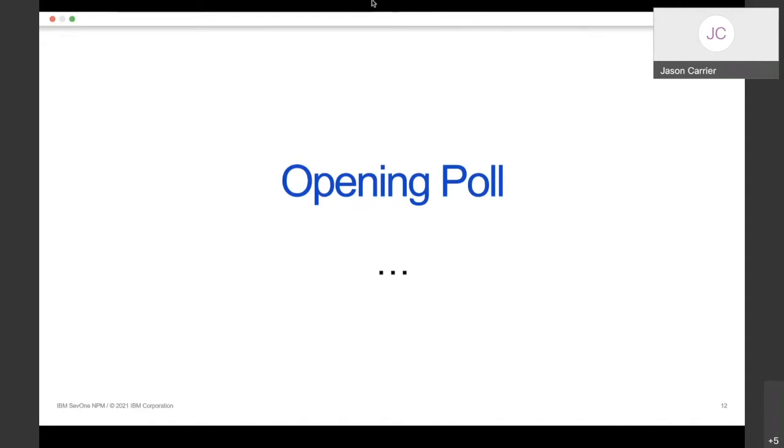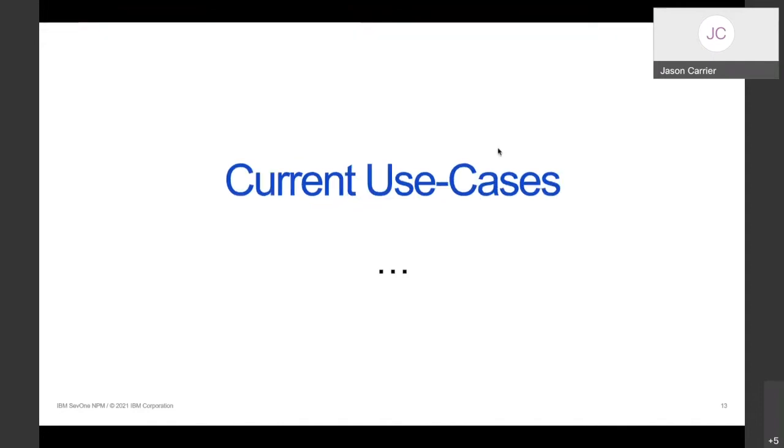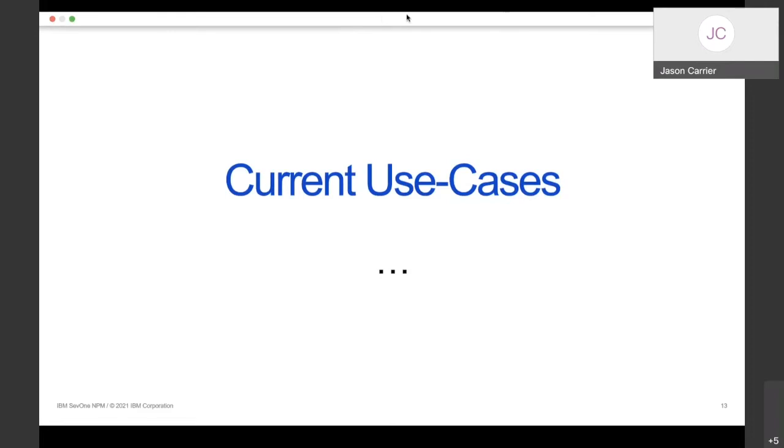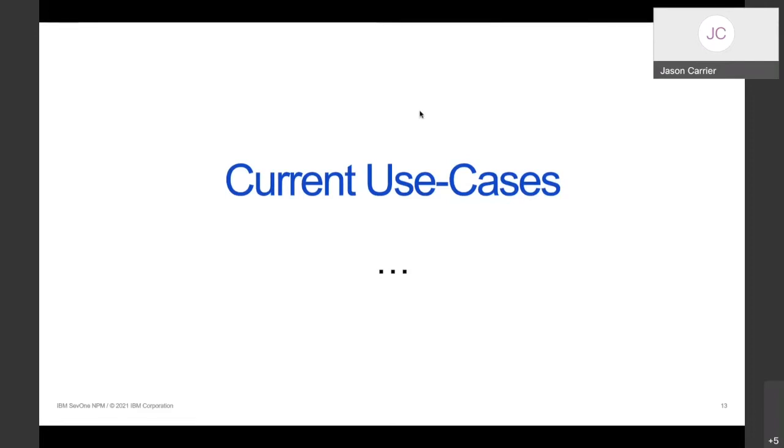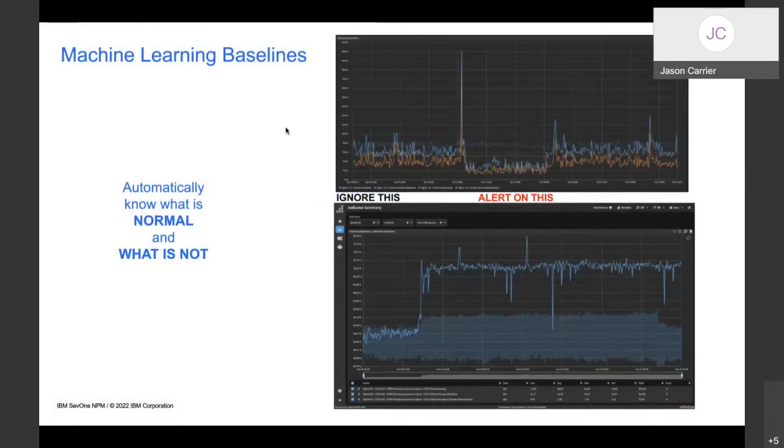So let's go ahead and move forward. Now Alec is going to run through some use cases that we already have in the product. At the end, if there are any that pique your interest, definitely throw that in chat. We are listening, and we're going to present what the audience is most interested in. So with that, Alec, do you want to take it from there? Awesome. Thank you, Jason. Thank you, folks.